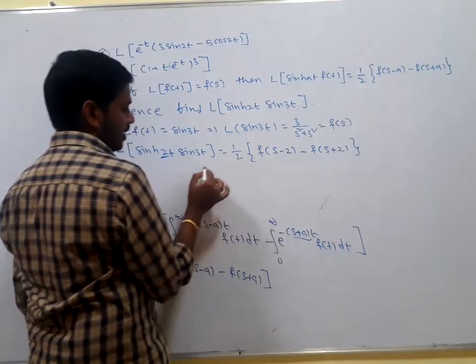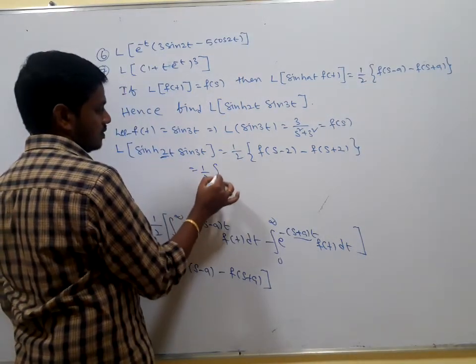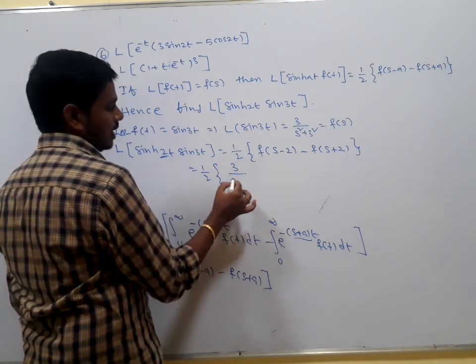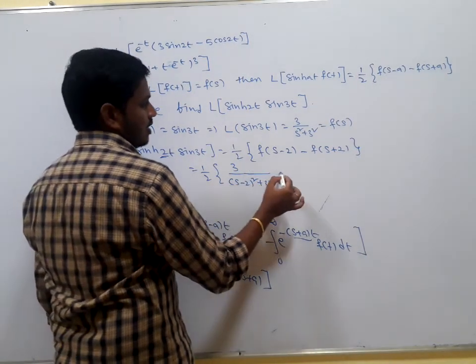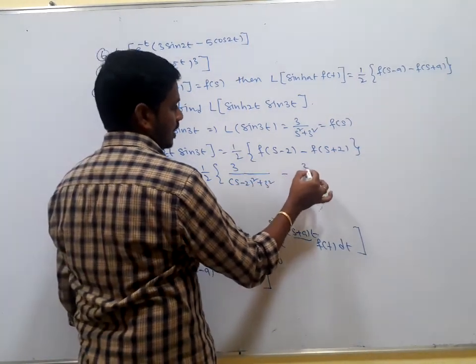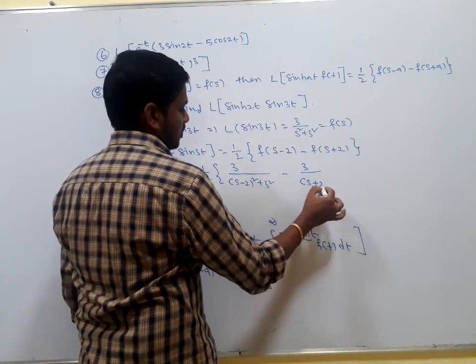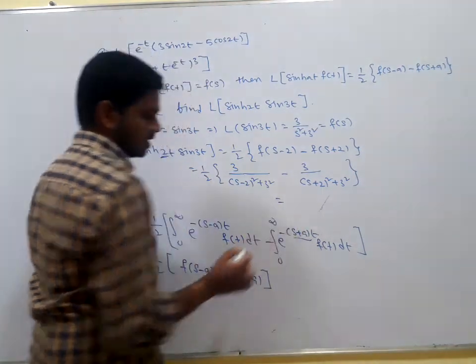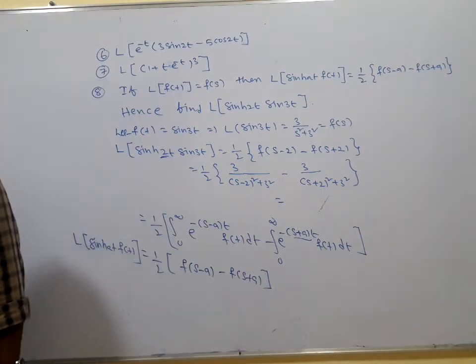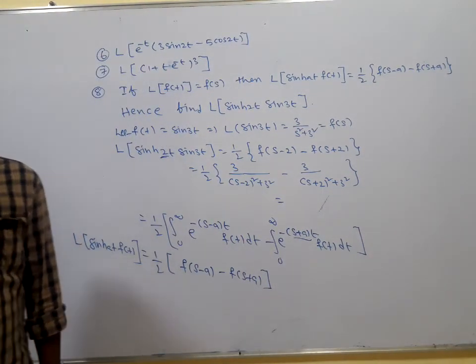Right, you have F(s) = 1/2 into 3 divided by (s − 2)² + 3², minus 3 divided by (s + 2)² + 3². As you take out the LCM and simplify it, you will get 12 divided by